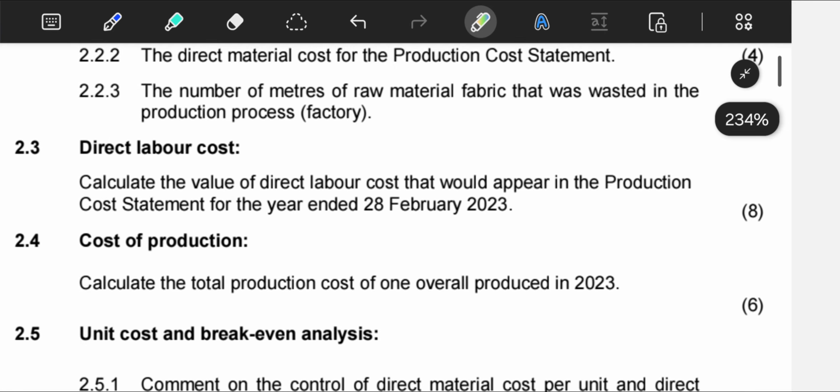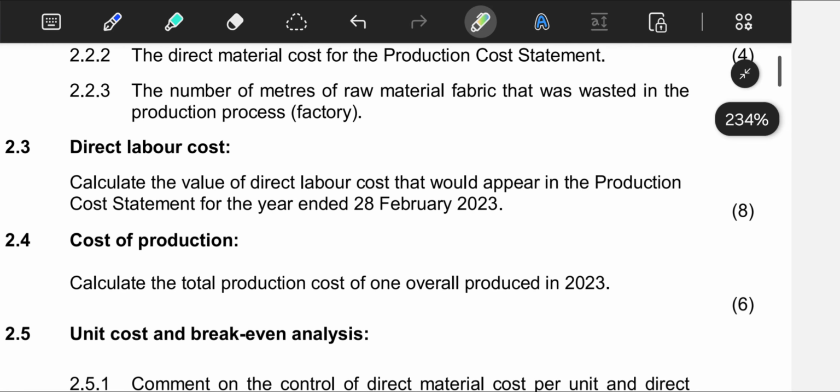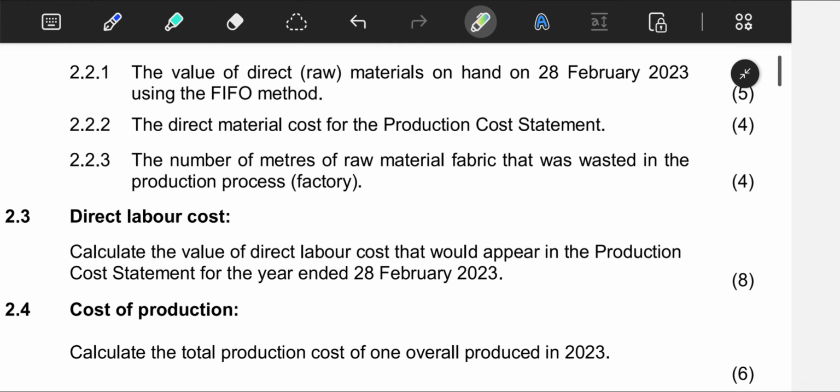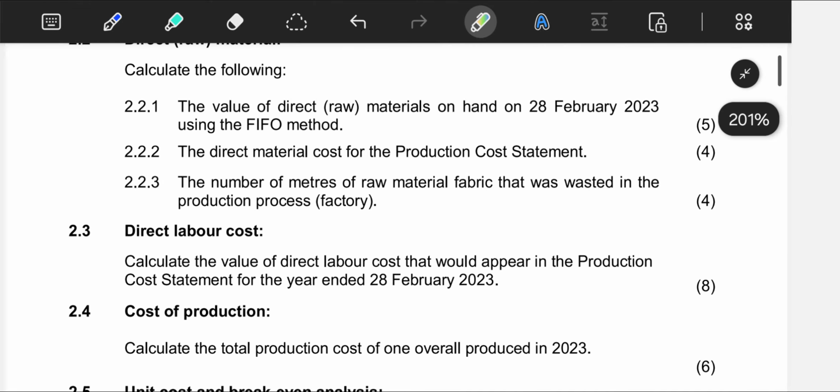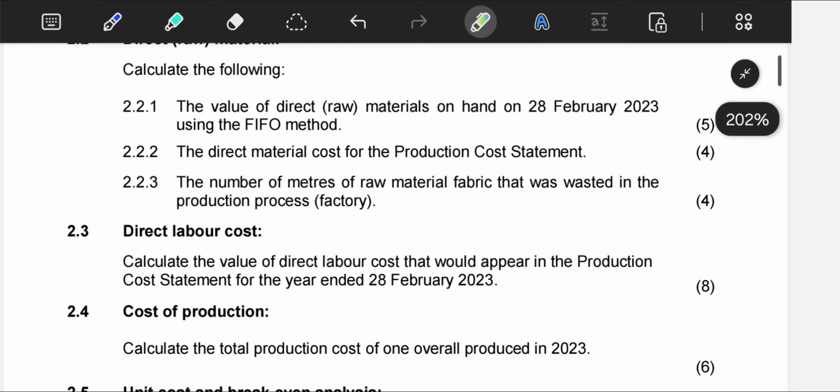Now we are going to 2.2.3. Calculate the number of meters of raw material fabric that was wasted in the production. Remember, there is something we call normal loss. When you are in production, not everything of your material is going to be within the production. When you cut your fabric,